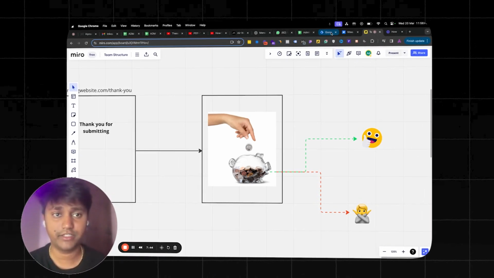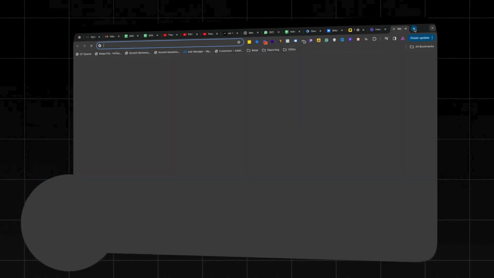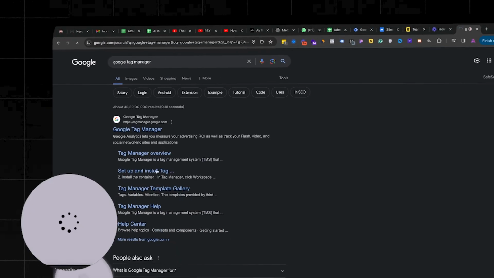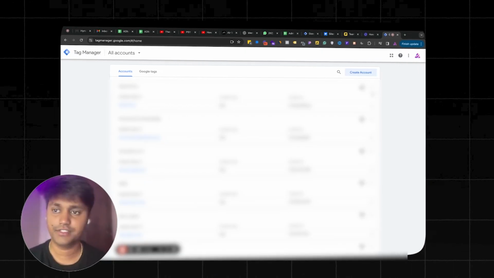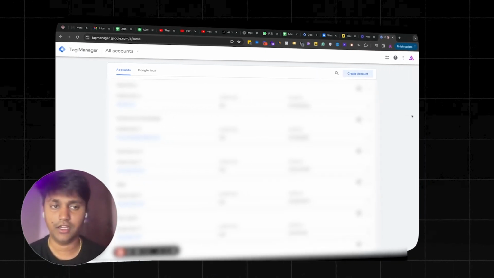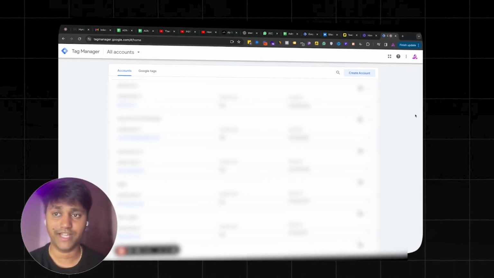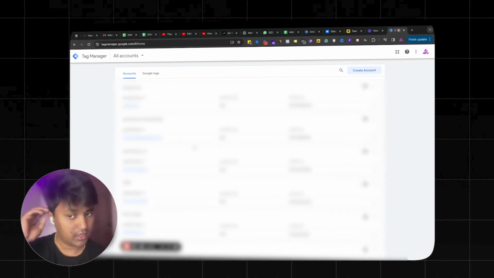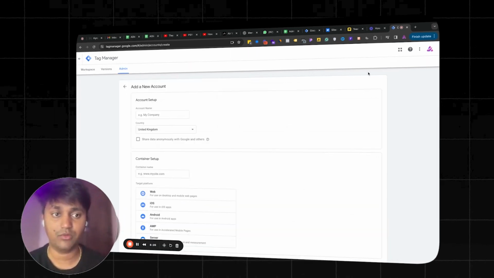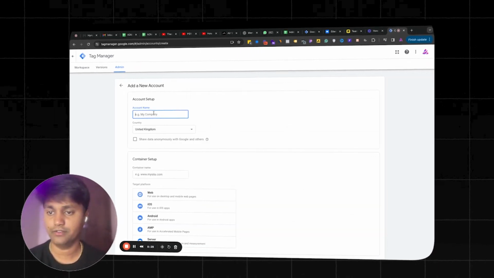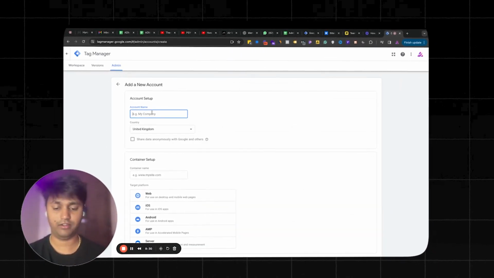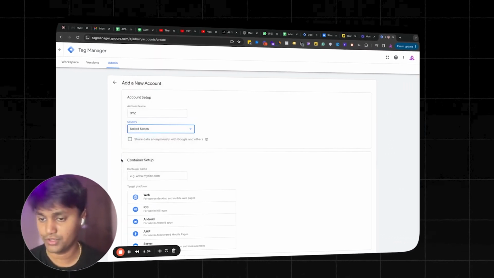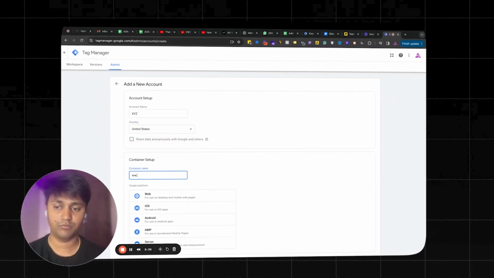Let's go ahead and create the tag manager. So you just need to go to Google, search for Google Tag Manager, and then let's go here. Okay, so this is what you would see once you land on the Google Tag Manager page. Since I have multiple clients that I'm managing, I'm just going to blur out all of these for now. You click on create account, and then you type in your company name, let's say XYZ for example. All right, and then you choose which country you're from and go ahead with